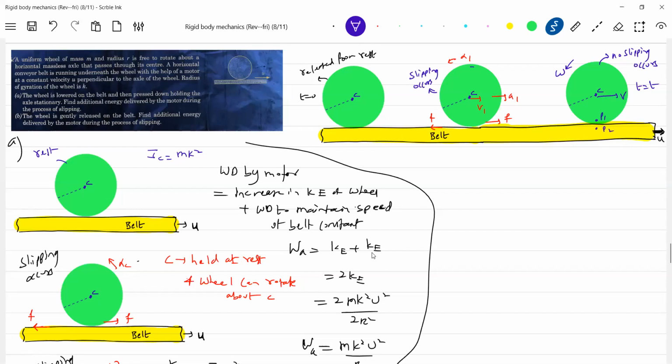We are interested in this thing, so let's get into the kinematics. The friction will accelerate the center of mass: F equal to m a1. Then F into R, since it's a wheel, equals I_c into alpha 1. What is the friction? This is a sliding friction, not a rolling friction. So how much should F be equal to? Mu mg.